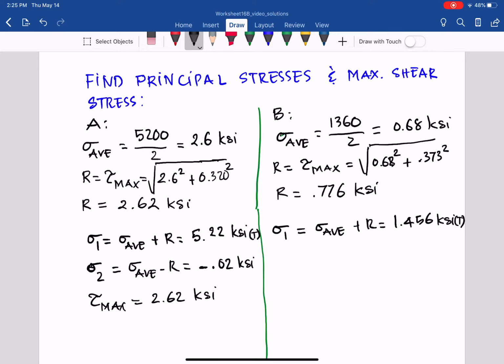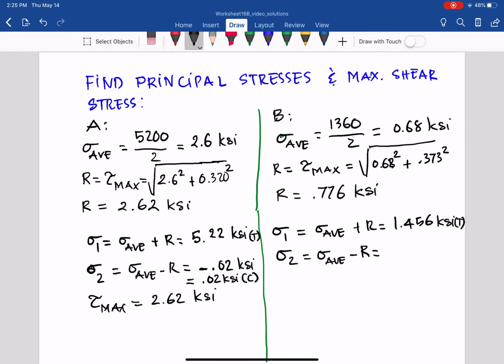So negative is in compression, or you can say it's 0.02 ksi in compression. Sigma 2 equals sigma average minus radius, and that is 0.68 minus that, so it will be 0.096 ksi negative,